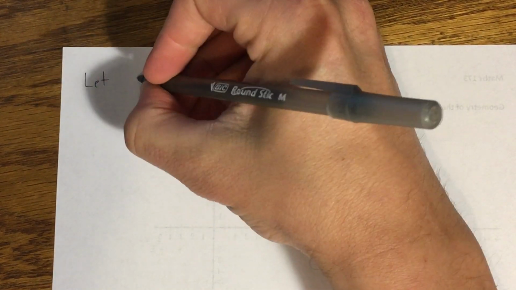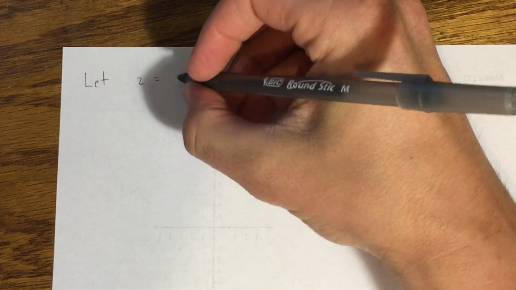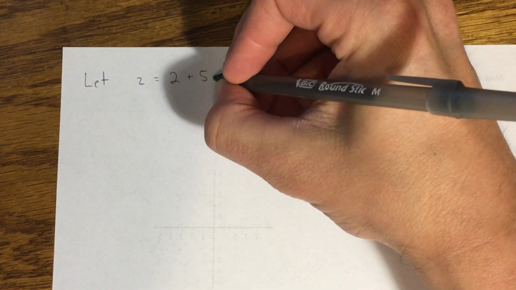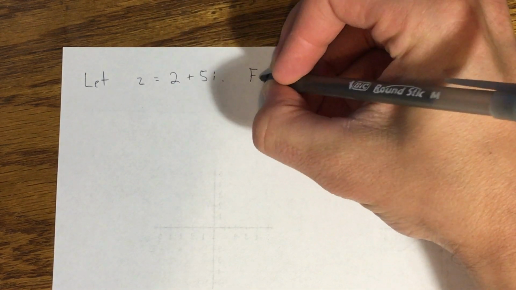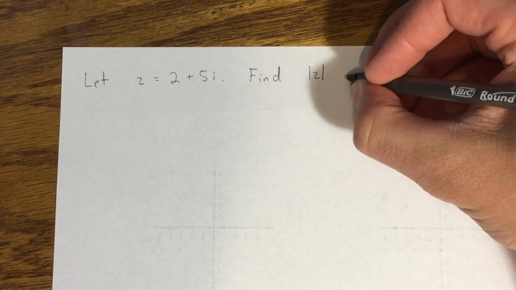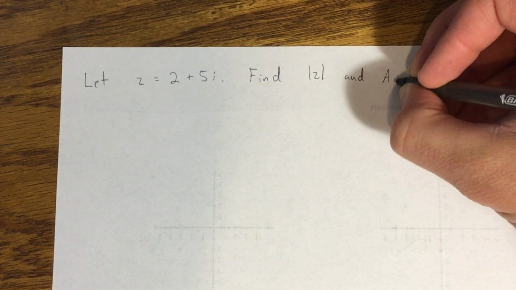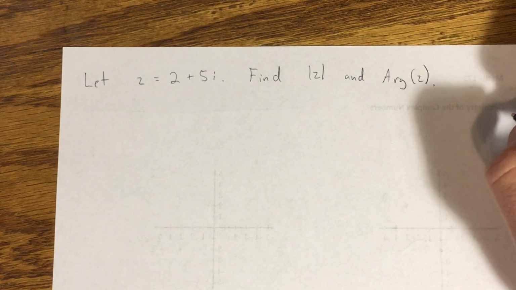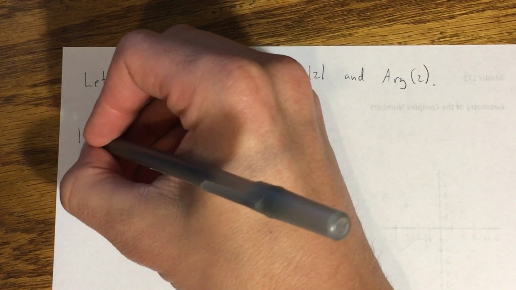All right, so I'm going to say let z equal, let's say, 2 plus 5i. I want to find the magnitude of z and the argument of z. Okay, so the magnitude of z